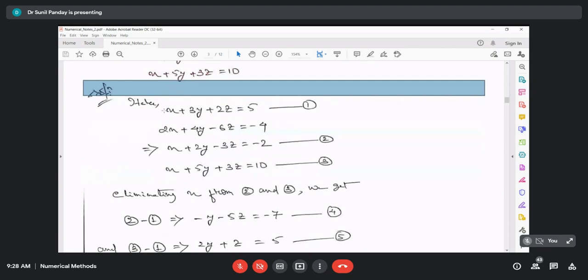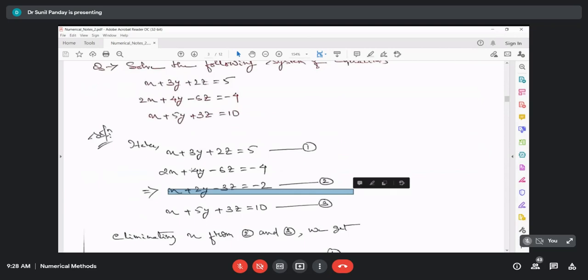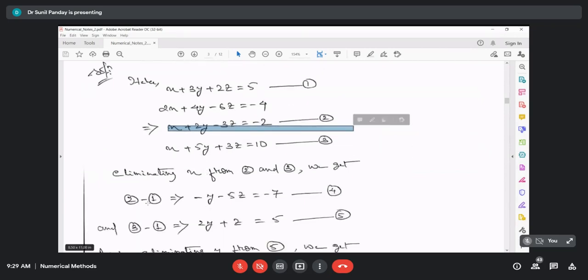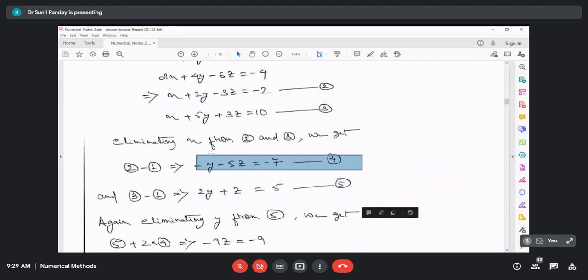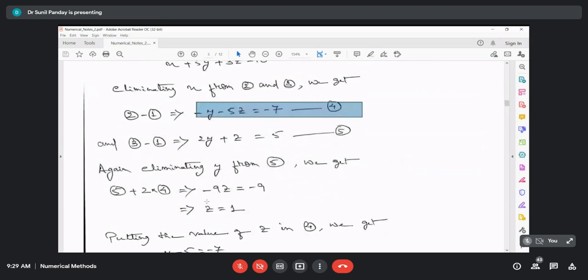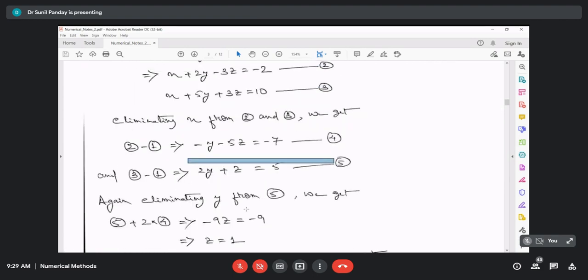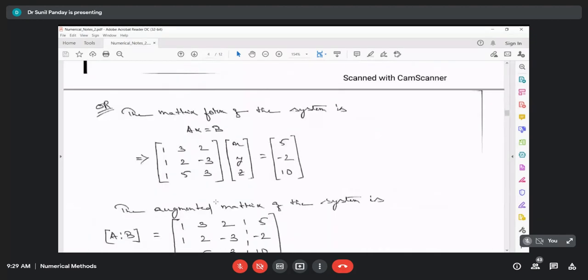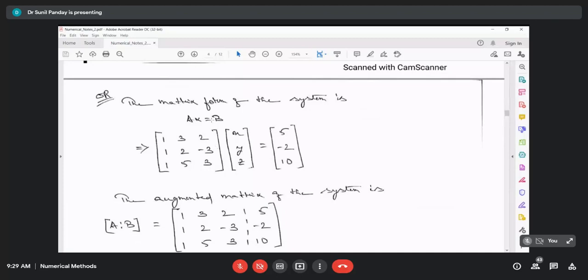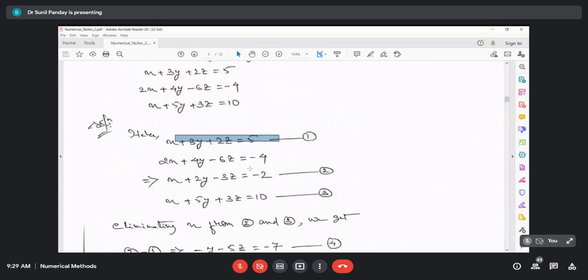Then here he is doing it like this. This is equation 1 and 2, and then subtracting them and trying to eliminate x from the equation, and we have this. And then we remove y from equations 4 and 5, we will get z. And once we have z, this is substituted in this one, you will get your y. And then y and z substituted in any one of them, you will get your x. So we'll see this procedure in matrix form, where the same system of equations we have rewritten as this: